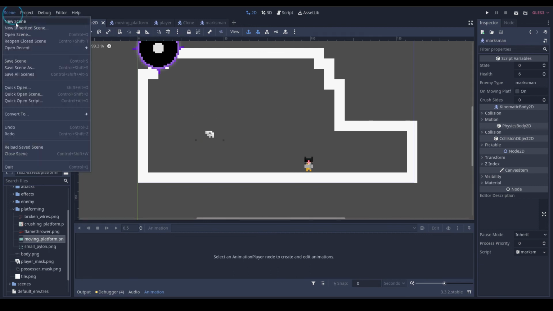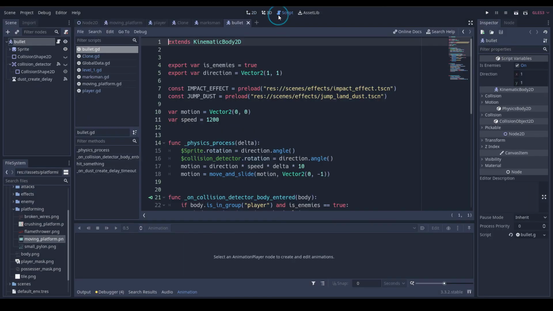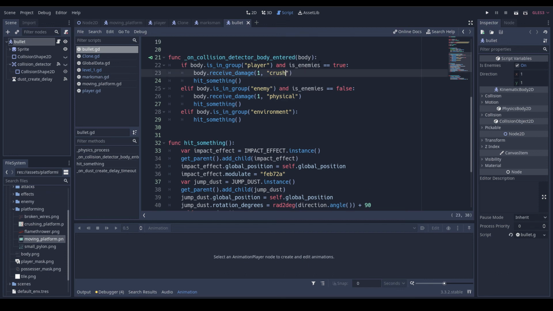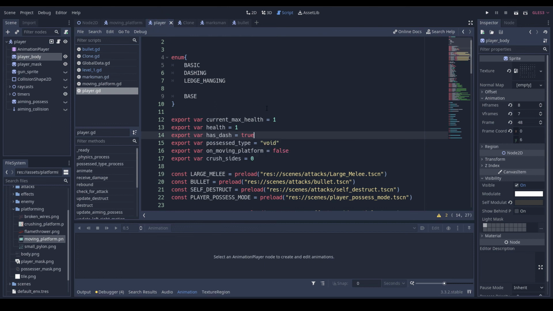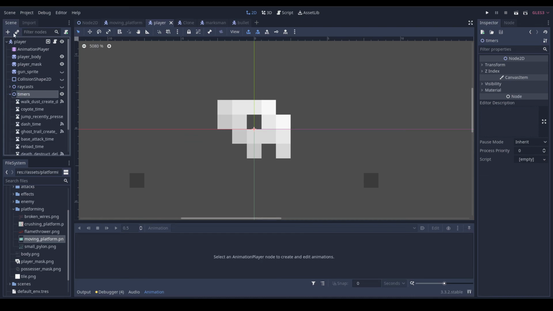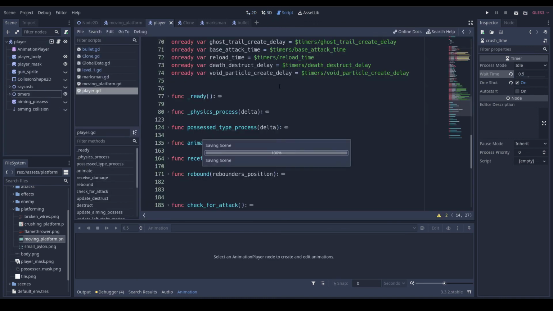And what we're gonna do is just open our bullet, and we're gonna change its damage type to crushing. So in our player, we are going to make a timer that is crush time, and it's going to be 0.5 seconds long, and then